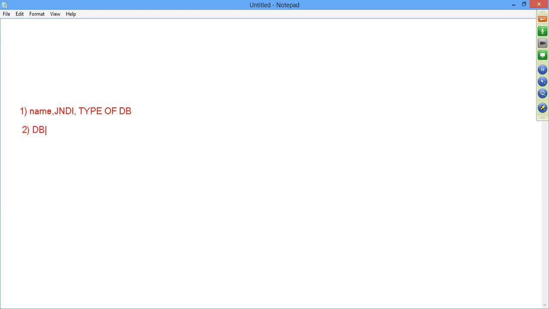Now once the driver is selected, then we go into the next step and we give the DB name, then we'll give the port number of the DB, then we'll give the username and password to connect to the database, and other stuff. All right, then we will test the connection. That's what we do. Now this in JBoss is also pretty much the same, but the only thing is the drivers are not